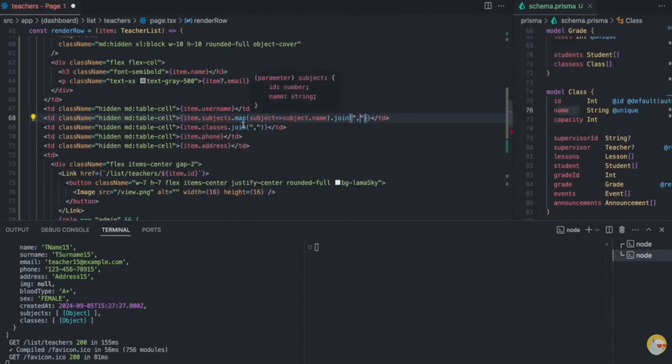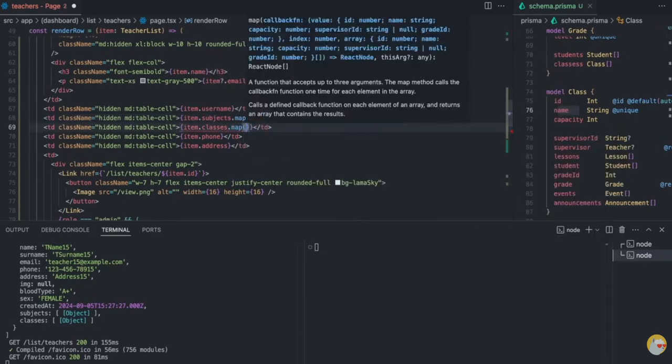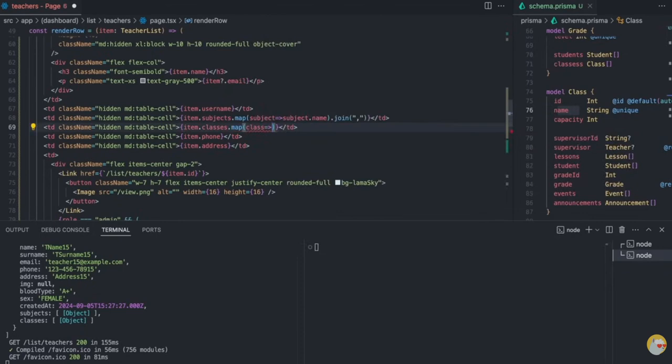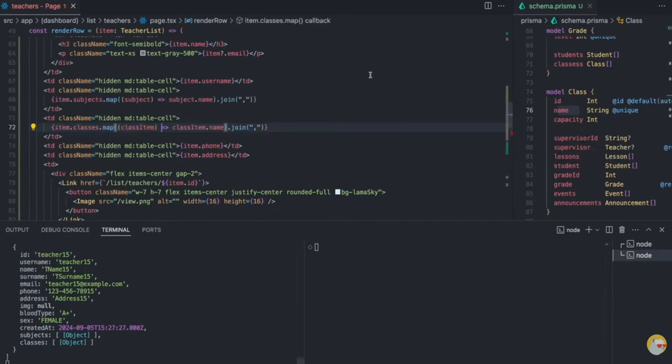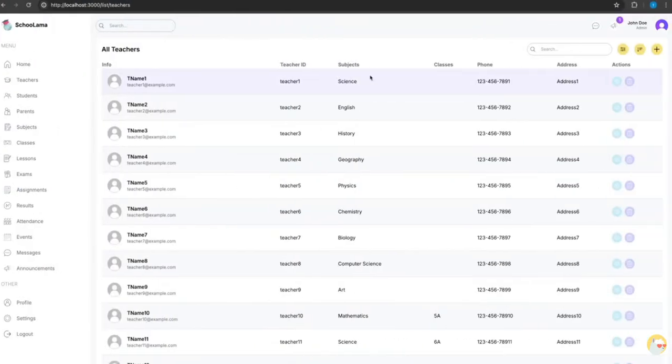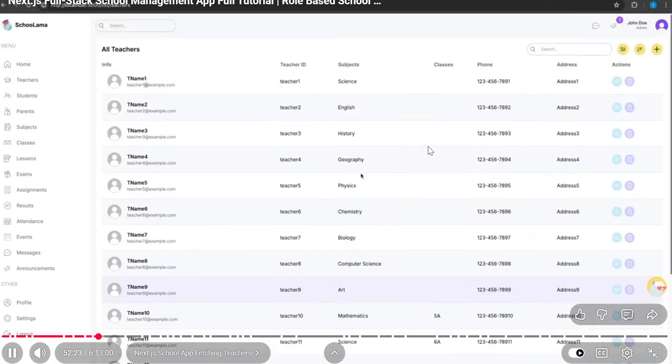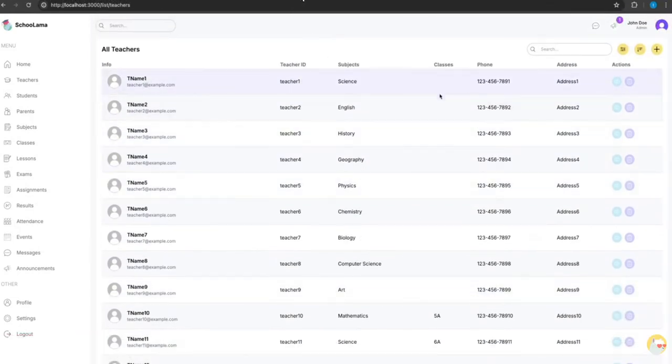So I can do the same thing for the classes. Map for each class, return the class name, and join. Of course, this name is reserved. So we shouldn't use class, let's say class item. Okay, let's see right now. And perfect. As you can see, teacher name, email, teacher ID, which is username, their subjects, and some of them don't have classes, but it doesn't mean